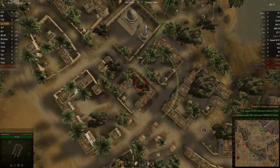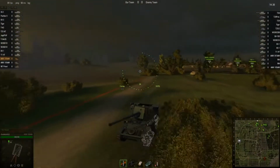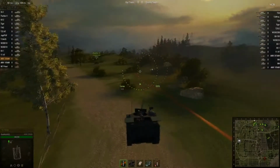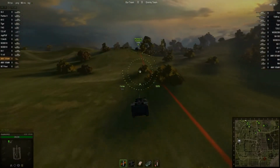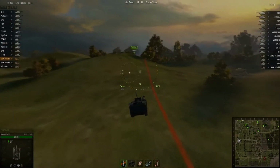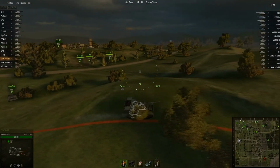The Lorraine 39 LAM introduces you to the accuracy of the French tanks, while the next tank in this branch, the AMX 105 AM, shows you the speed of the French SPGs. The speed limit of the AMX 105 AM is 60 kilometers per hour, as is typical of the rest of the French SPG line. This high rate of speed is valuable in avoiding counter battery fire and repositioning to gain better angles on the